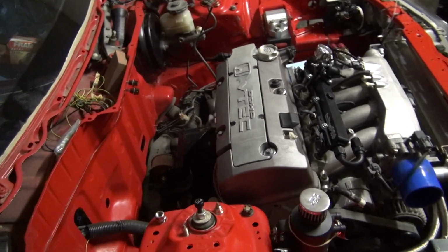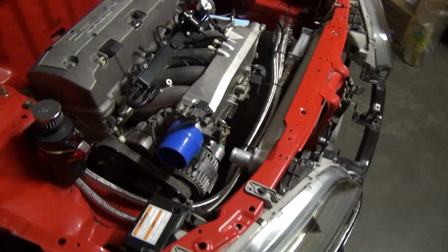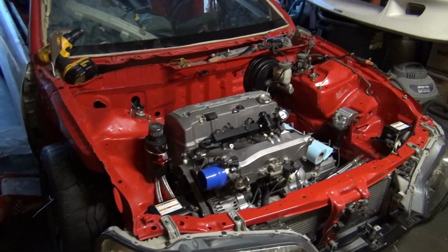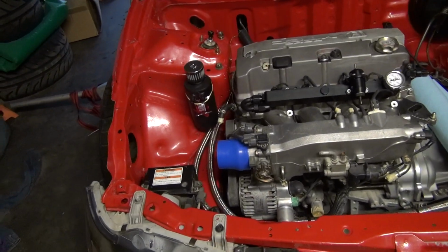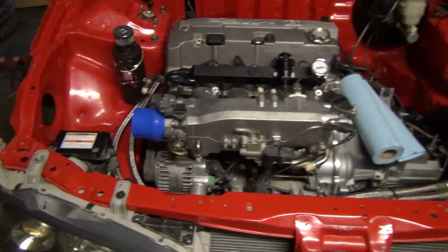Alright, so I'm pretty sure you guys are tired of looking at a dirty engine bay, so I went ahead and cleaned it for you. Actually, cleaned it for me. And here we go. This is a clean engine bay. I just spent like the last 3 hours wiping everything down and getting into all the crooks and crannies of everything. I even